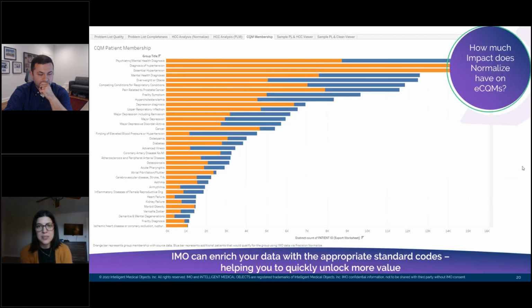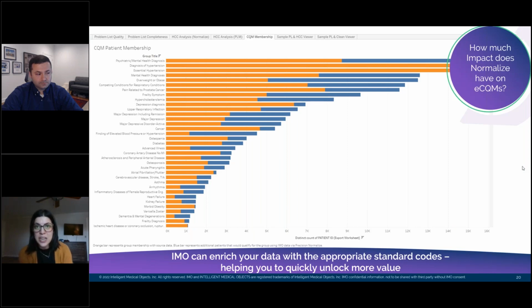Moving on to the next. As Andre talked about, each week we're going to be diving into specific use cases and where Precision Normalize can plug in both inside and outside of the EHR to improve outcomes. One example here that we're going to dive into further next week is our clinical quality measure improvements. By unifying your data set and enriching it with missing codes, this will have downstream benefits for your measure achievement by pulling in the right patients.